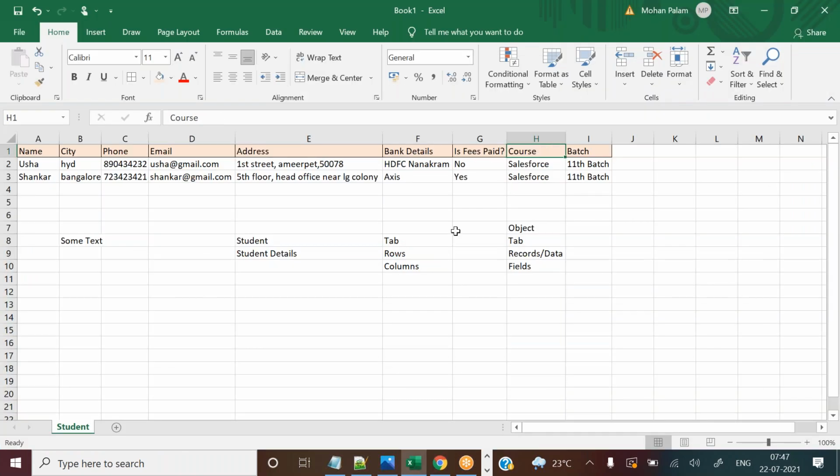That's it. Next, course. Okay, course fees. How many courses are they offering in the VLR Institute? So many courses. So Salesforce and data science. Okay, think suppose Shankar joined for another course, data science, not for Salesforce.